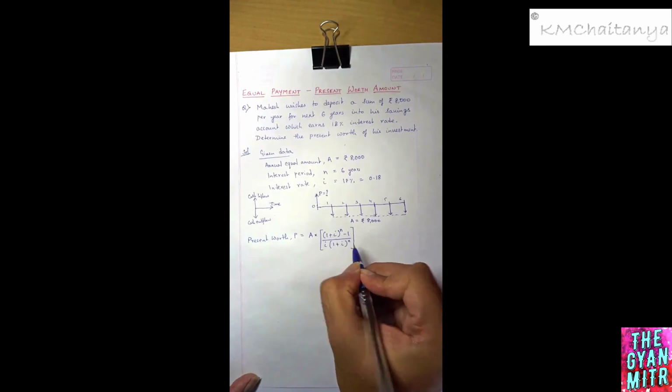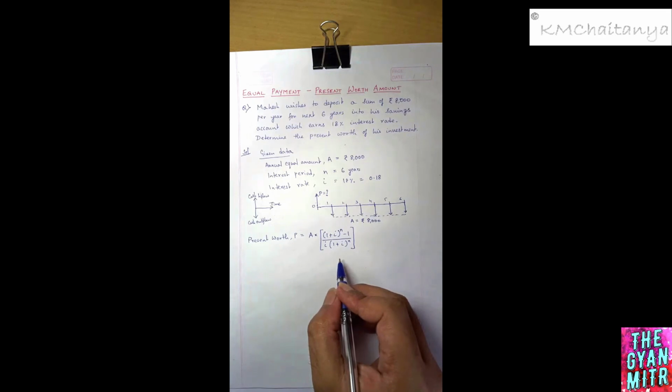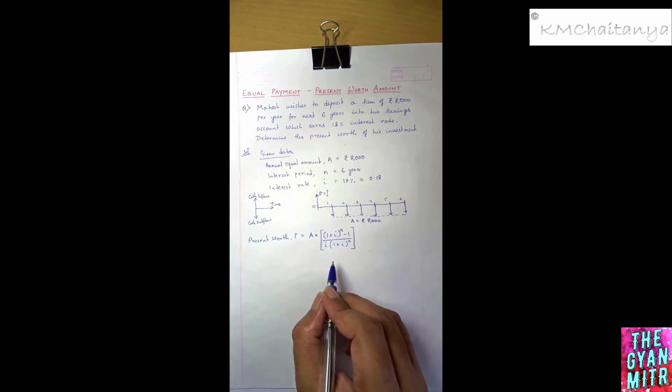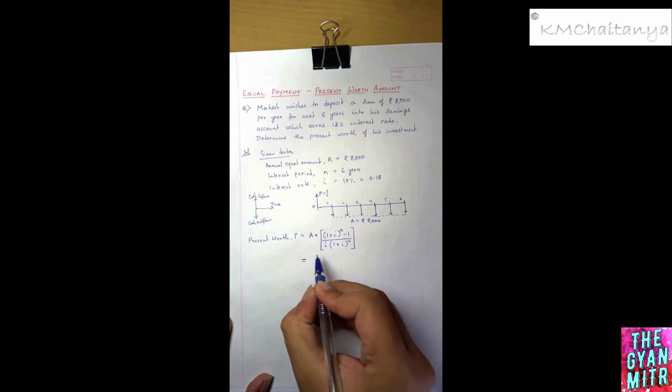So this is the equation. Now we'll substitute the values into this equation and determine the present worth, which is equal to, now annuity is 8,000